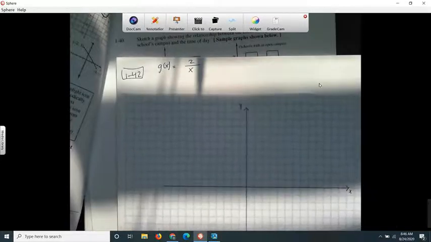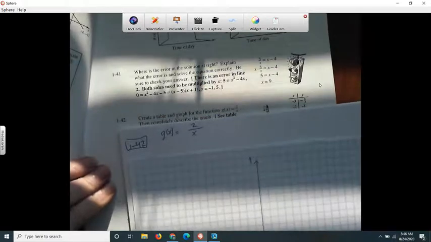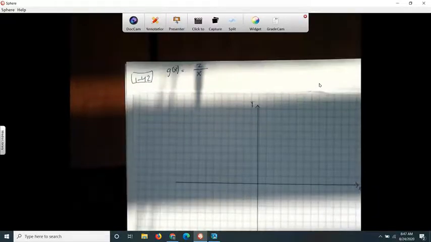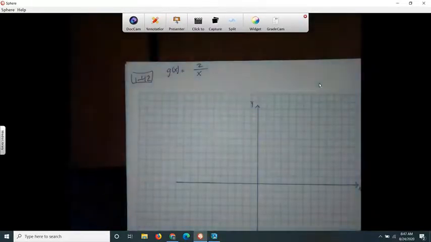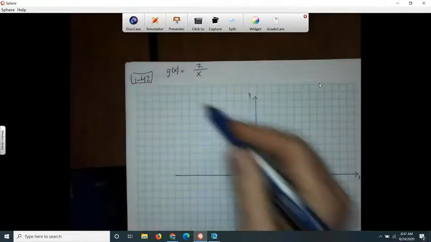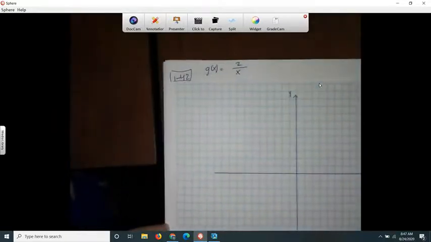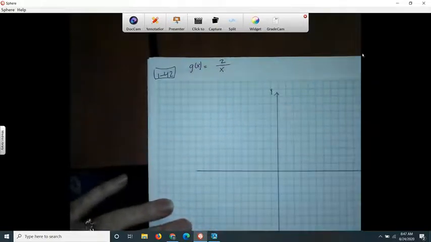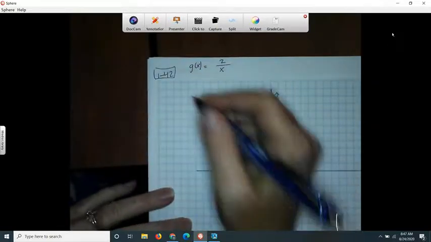Here's Integrated 3. It's problem 1-42. It says, create a table and graph for the function g of x equals 2 over x, then completely describe the graph. So, to start out, I'll go ahead and make a table. We talked about these rational functions in class, but I know that they're brand new to you, and this one looks a little different than the ones that we did in class. So when I make my table,